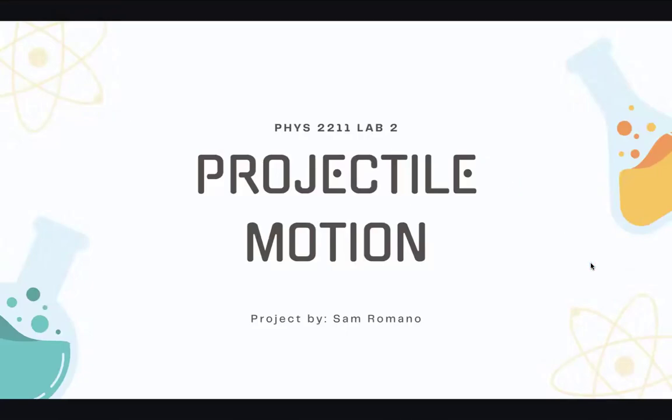Hi, my name is Sam Romano, and this is my Physics 2211 Lab 2 video report on projectile motion. In this lab, I recorded the two-dimensional motion of a thrown paper ball, analyzed it in Tracker, and compared the observed motion to two Tracker GlowScript models, one with gravity only and the other with gravity plus air